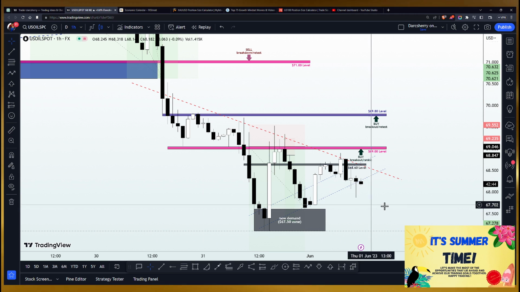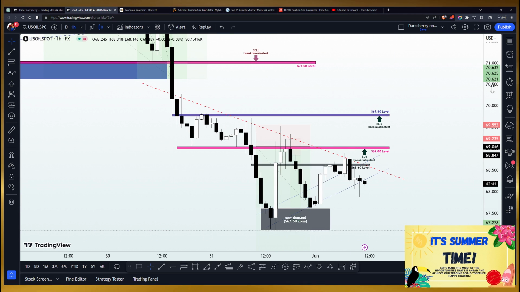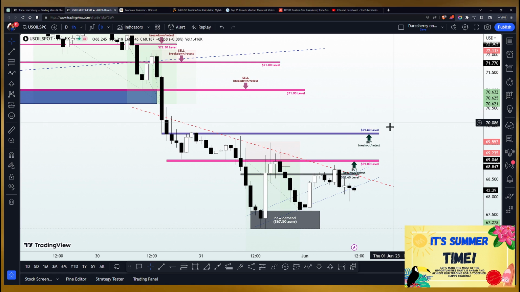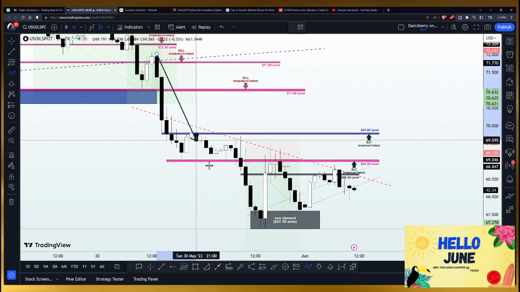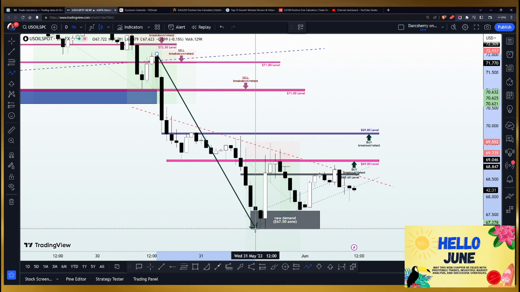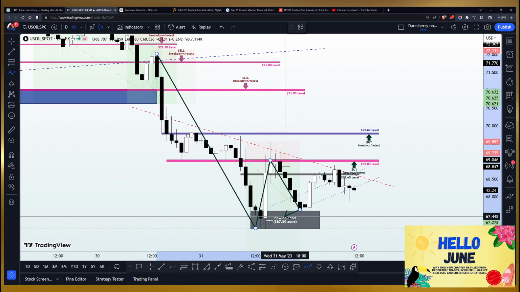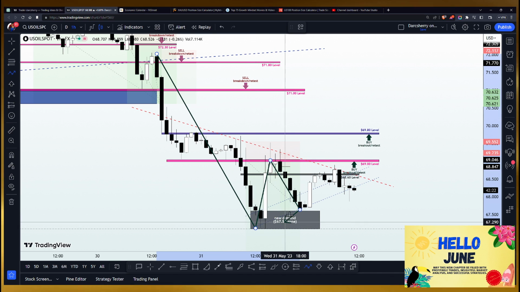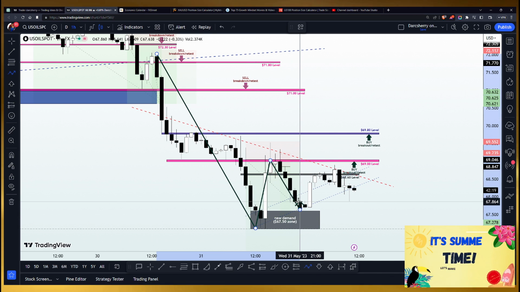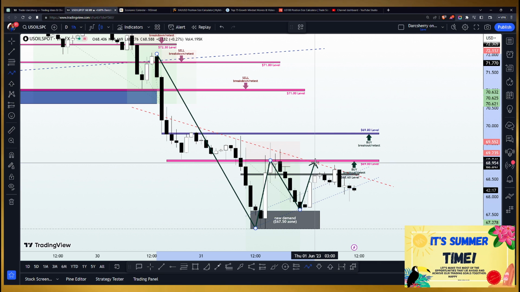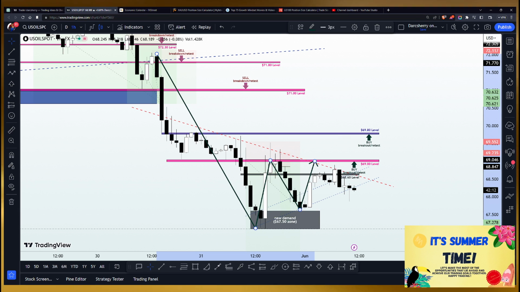So now when we look at things from a holistic point of view and considering the impulsive bearish move that brought us to this point in the market, you will see our price dropped into the $67.50 area. We saw price come back into the $69 area. Then we saw how price was unable to break the previous low, hereby giving us a situation where there is a chance that price action could transition into a reversal pattern in the form of a double bottom structure. And you know how we do it.